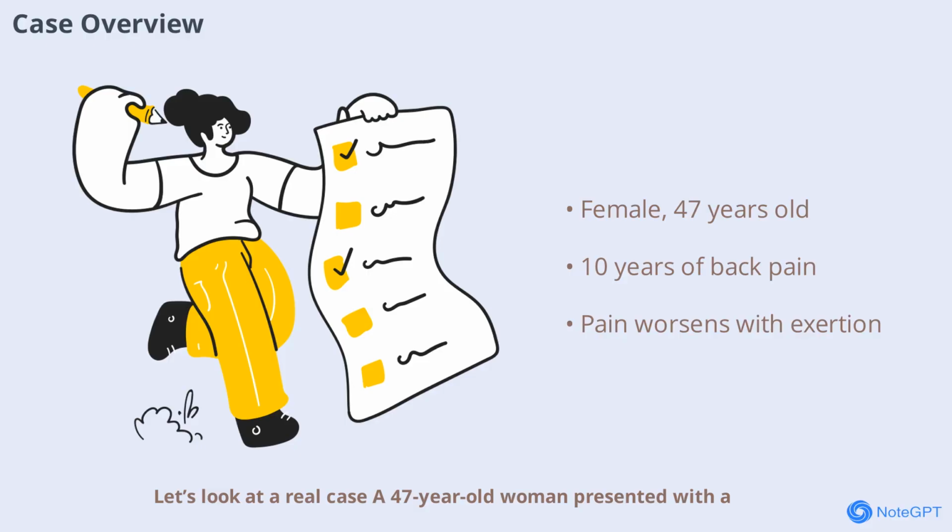A 47-year-old woman presented with a decade-long history of intermittent lower back pain. Her pain was centered in the lower back and sacroiliac area, sometimes radiating to the upper thighs, and worsened with exertion or bending forward. The pain was mild, relieved by rest, and more severe during menstruation. She had no history of trauma, significant comorbidities, or family history of joint disease. Her symptoms began 1 year after her last pregnancy, highlighting the typical demographic and clinical presentation of OCI.